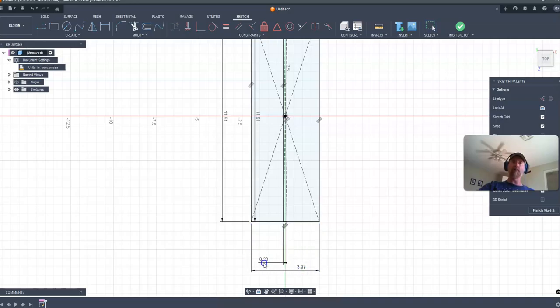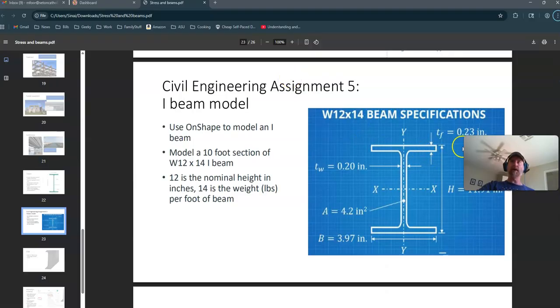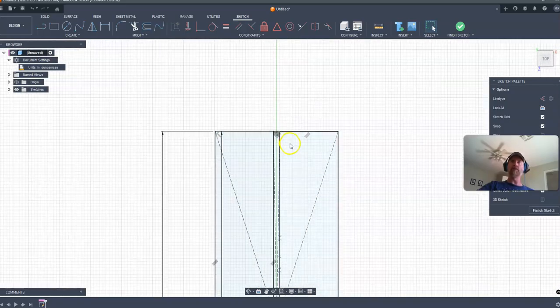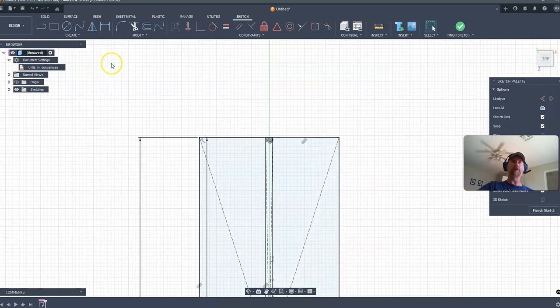my web. So I'm going to pull out these dimensions just a little bit more just to show that they make sense. So I got my web, and I got my overall dimension here. So I can see that my flange has a width of 0.23. So I'm going to go ahead and move up here. So I'm just using my mouse to zoom. And if you click on the mouse wheel, you can pan. That's kind of like Onshape. So that's why it's useful to switch your